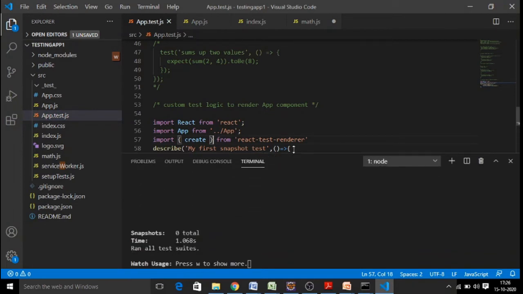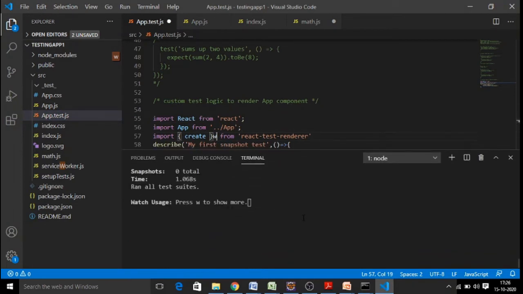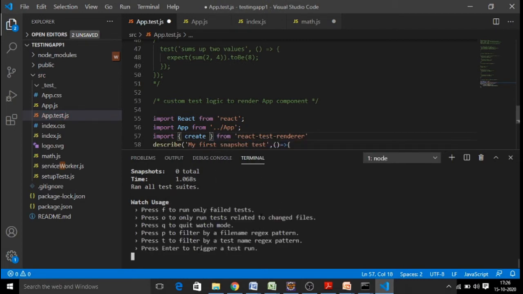Okay, now let us run our test runner. This is a test runner which is taken care of by the Jest framework, and press enter.